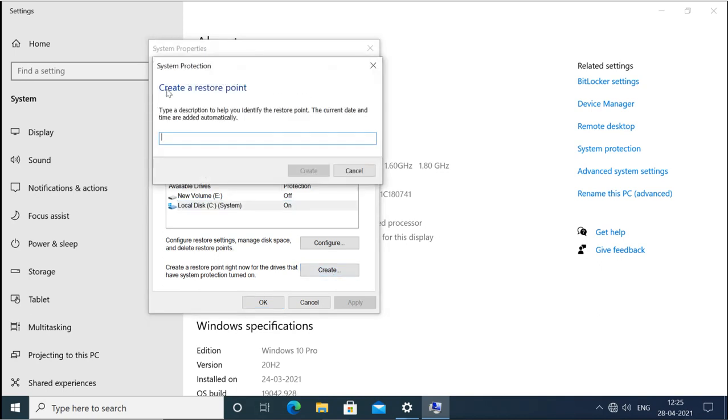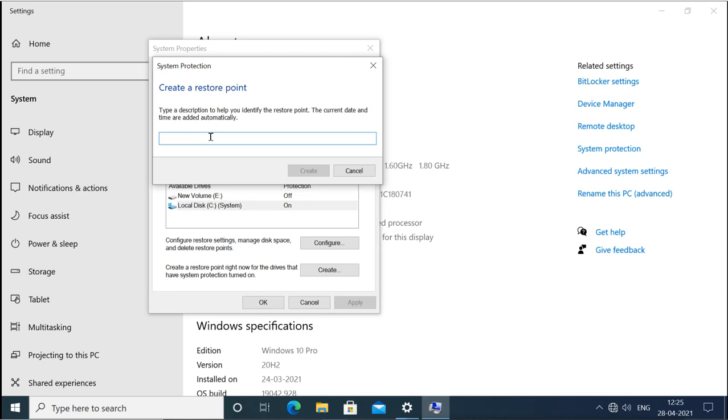So when you create it, you have to make a name for it, so that you put the description, so that when you try to restore the restore point, then you know by this description why you have taken the restore point, because it is manual. When it is taking automatic, then it automatically gives the name, but when it takes manually, then you have to provide the description, so that when you restore, you know why you are restoring it.